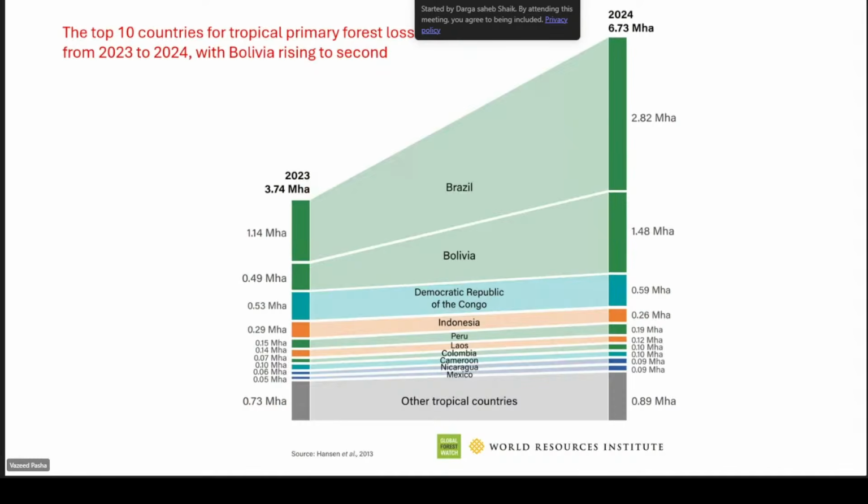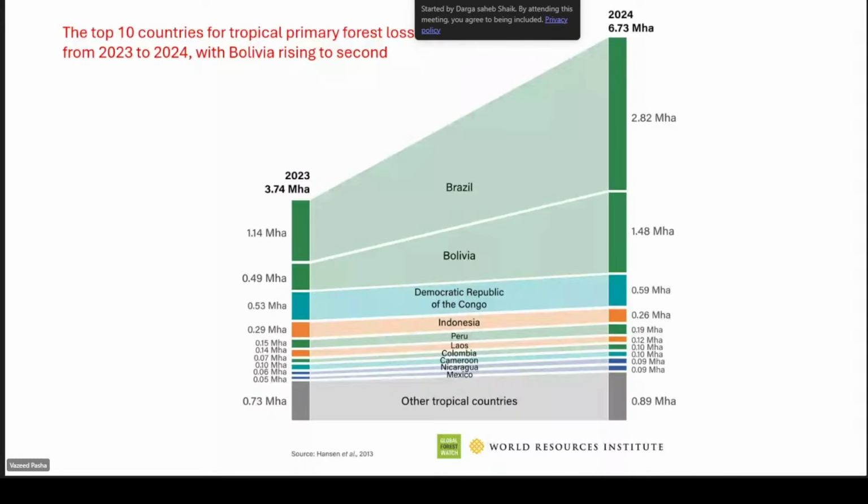When you see this interesting graph: Brazil, Bolivia, Congo, Indonesia, Peru, Laos, Cambodia. Of the top 10 countries, the two major ones are Brazil and Bolivia. India is not listed in the top 10 countries. It is listed in the other tropical countries.